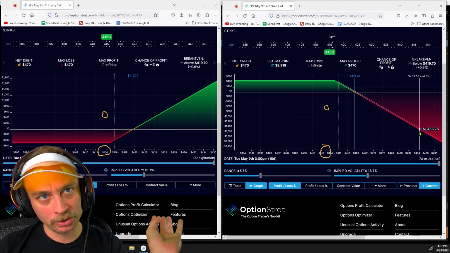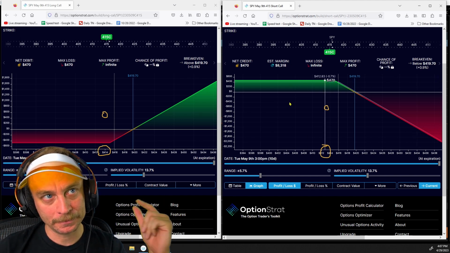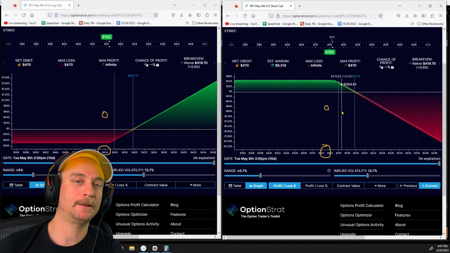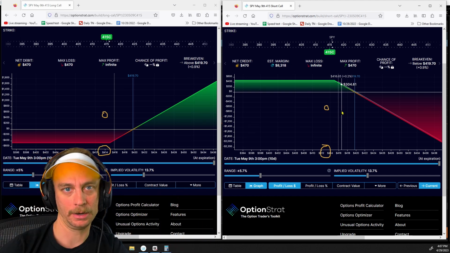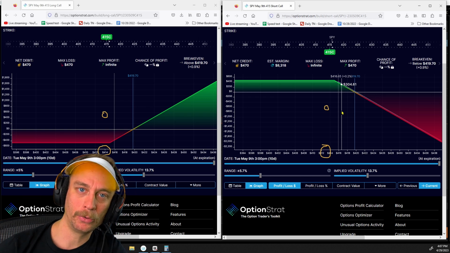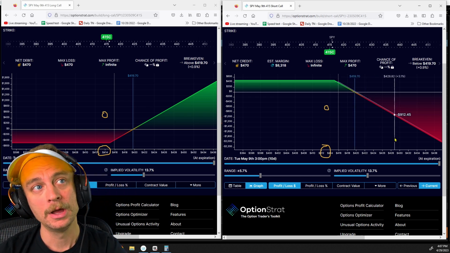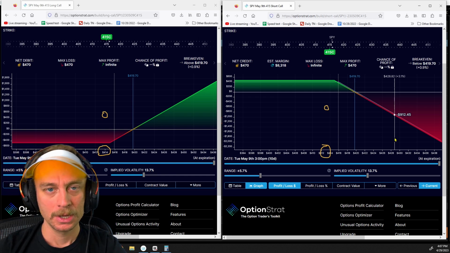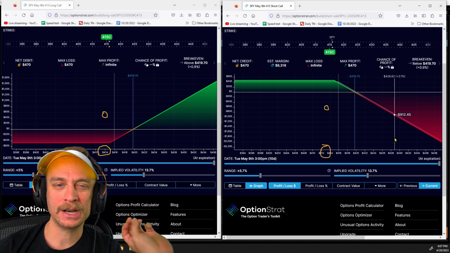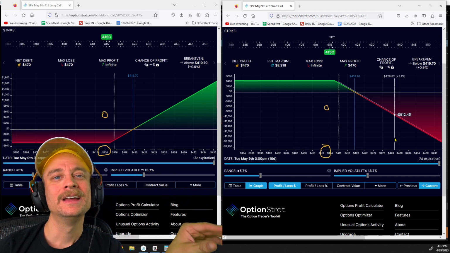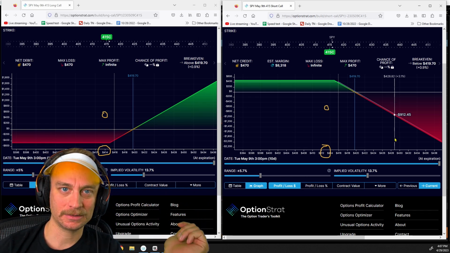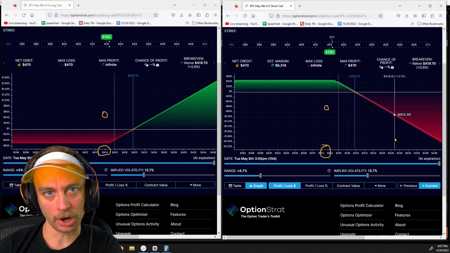But notice how your loss is going to be pretty bad if we hit this, like Friday, we hit this crazy bull run. If we just hit this insane bull run where the market just goes up and up for two days, you're getting in a lot of trouble on the insurance side. So therefore, in order to put on a short call, it's called a naked call or a naked put.